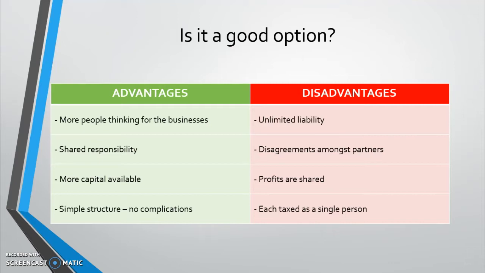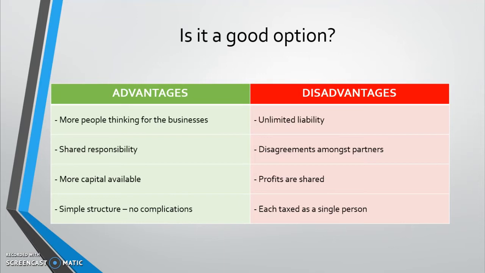Now, when two or more people come together for a partnership, we obviously now have two or more people contributing their own savings. The bank relies a bit more on them because they know that two or more people are coming together, so there must be something cooking in their minds, which is why they're trying to set up a business. And of course, two or more people usually have more contacts that can help them raise more funds, raise more capital for the business. So their own family members plus other friends and relatives that they have.